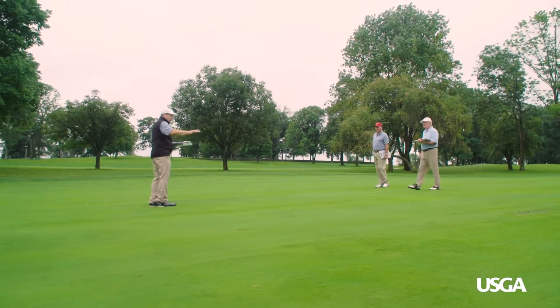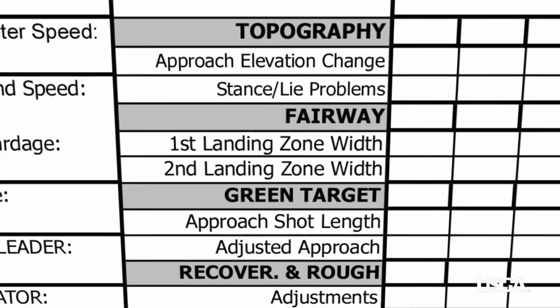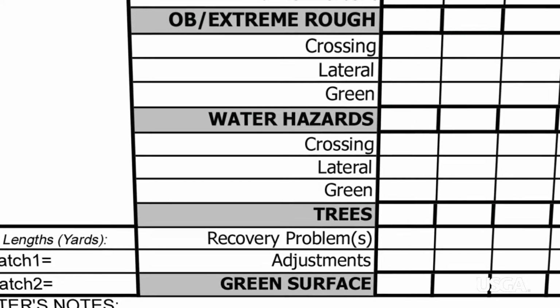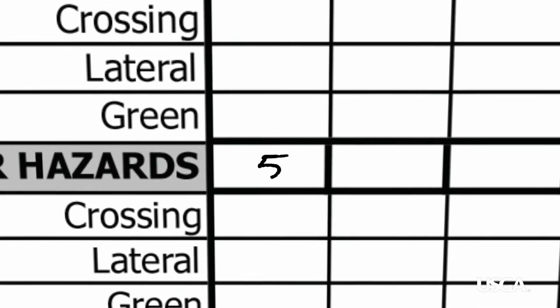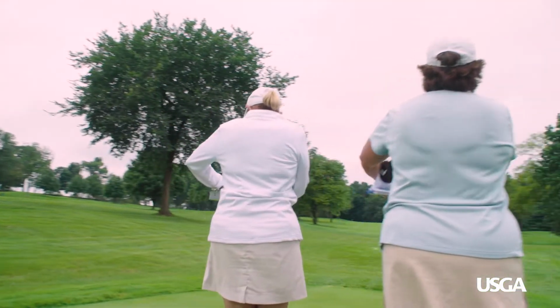The green's a little bit below. I don't know, do you think it's more than 10 feet? There are 10 obstacles in the system, and each obstacle has a slightly different weighting depending on how much it impacts scoring. Each obstacle is rated on a scale of 0 to 10. You have to almost aim at the trees. Right. So I think we're going to have to increase the tree value.